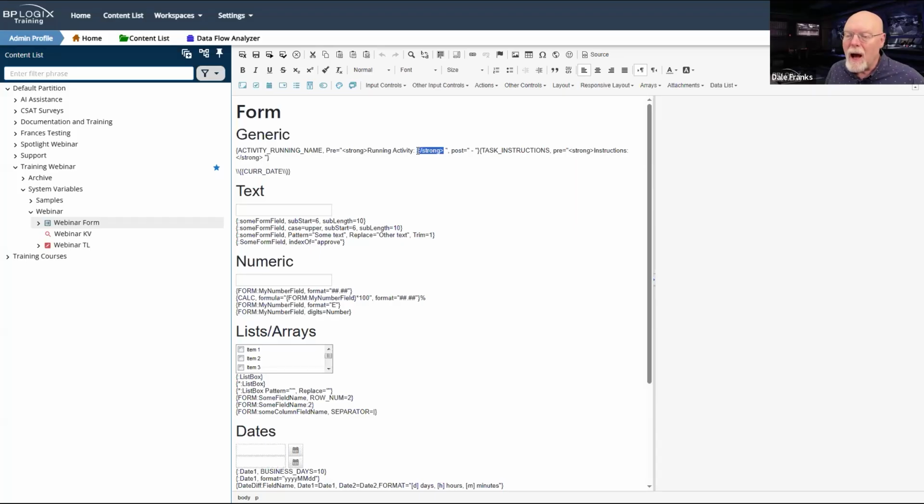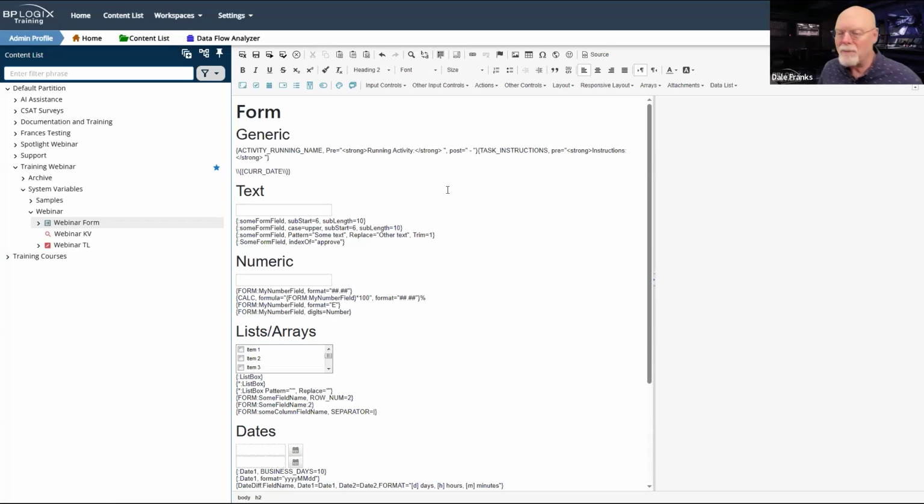Now, interestingly, even though I've written the HTML out in longhand here, you don't have to do that. You could actually go in and just boldface the text in the online form designer, and that will work, because even though you don't see it in the page HTML, it will actually place the strong tags on the running activity text, rather than having to type it out.